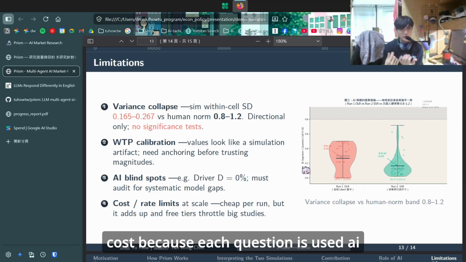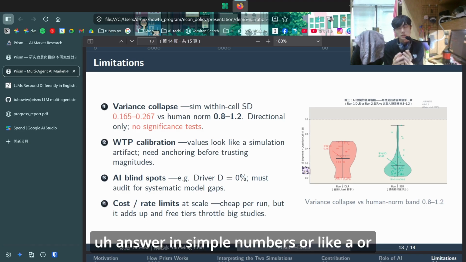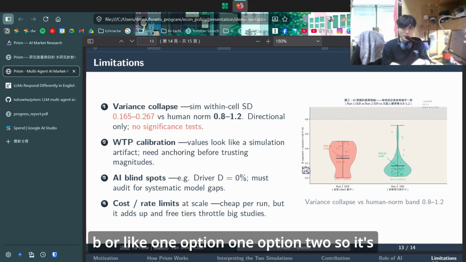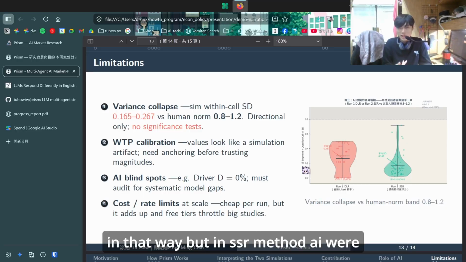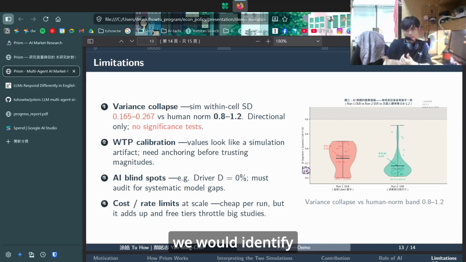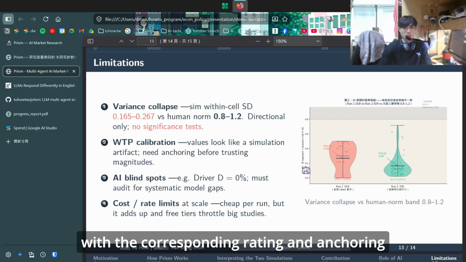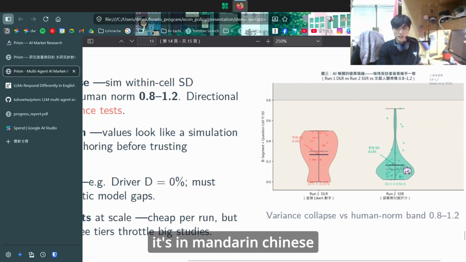In the first method, the AI was only used to answer in simple numbers, like A or B, or option one, option two, so it's a lot cheaper in that way. But in the SSR method, AI was asked to answer in longer text, and we would identify the corresponding rating and anchoring. And you can see in this graph, I'm sorry it's in Mandarin Chinese,